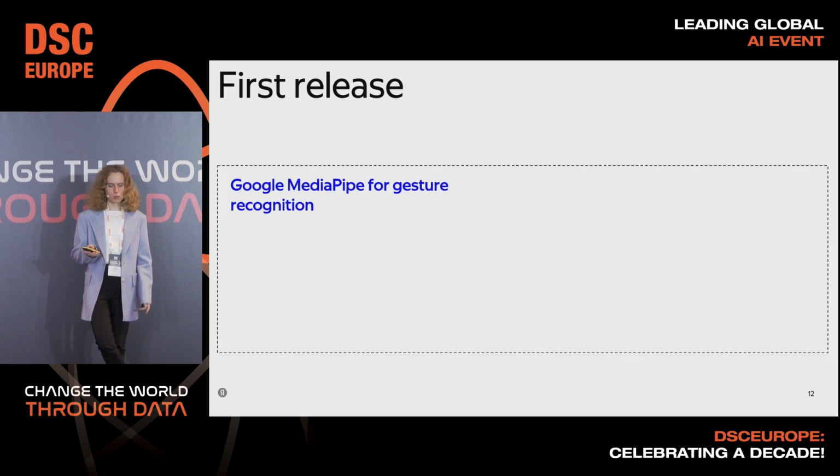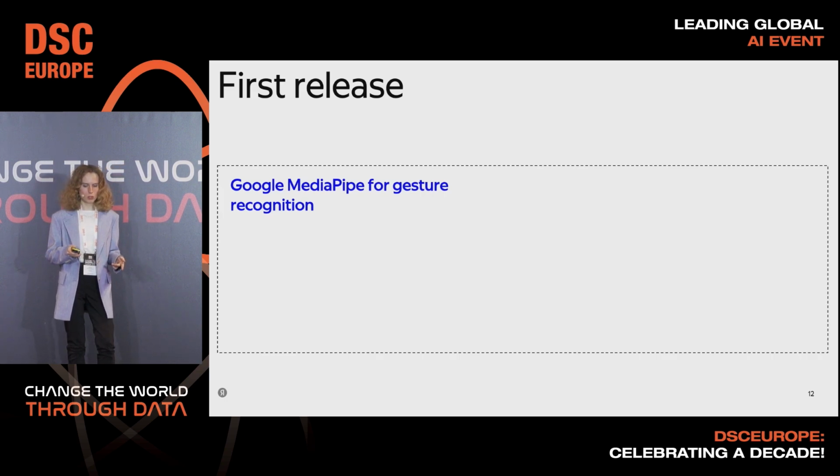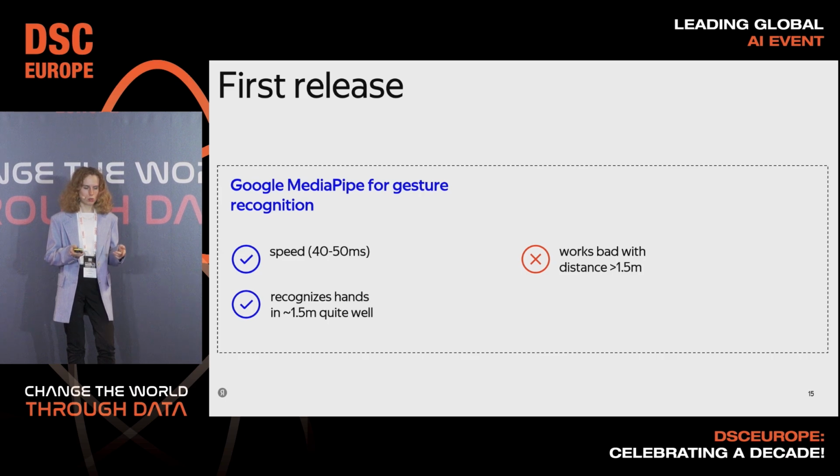And in the first release, there was no model of our own on this device. It was a model from Google MediaPipe, a model developed in Google which can recognize gestures. And this model was really fast, just 40 to 50 milliseconds per iteration. And it recognized hands pretty well at a distance like 1.5 meters. But when the distance was further, it worked much worse. And also, it supported just a custom set of gestures, and we wanted to have our own set and maybe expand